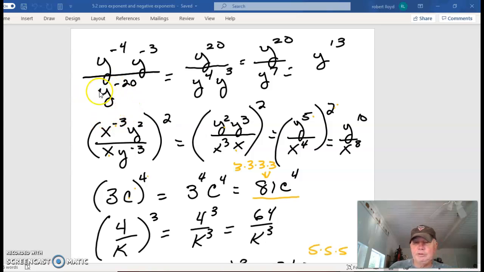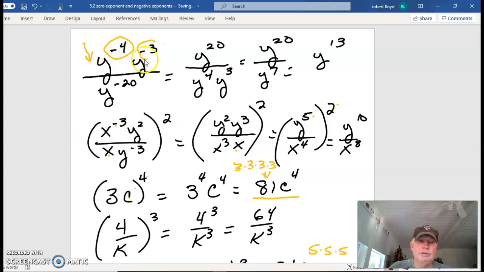Okay, 5.2, the C part, just finishing it up here. Just going to go through a whole lot of examples here so you get the idea of what to do in different situations. The one on the top left,